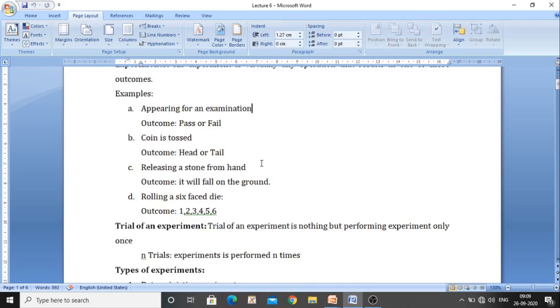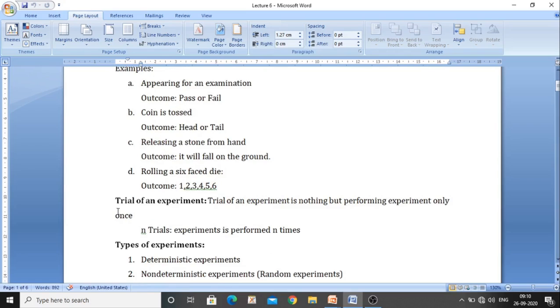To measure the height of a person, that is also an experiment. To measure the blood pressure of a person, that is also an experiment. To record the temperature, that will be a variable. Planting some seeds is an experiment. All of you know about playing cards. You are playing cards and one card is drawn, that is also an experiment. So there are many types of experiments. These are all activities that result in some outcomes, and they are called experiments. So here experiment has a wider sense or wider scope.